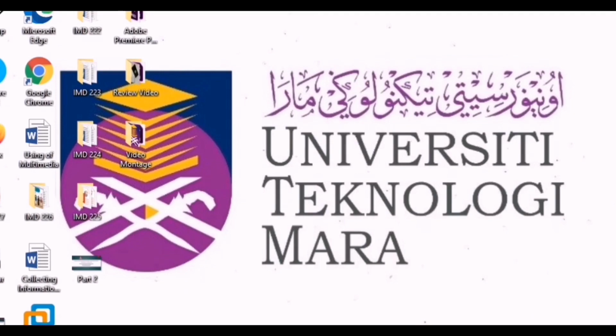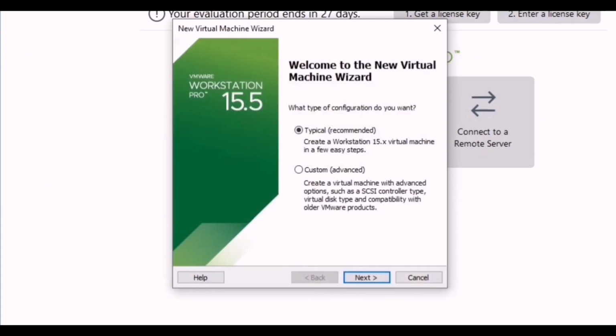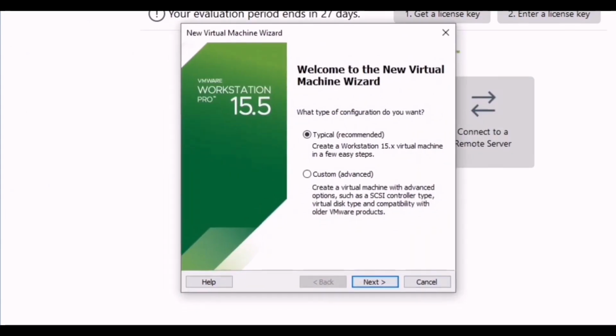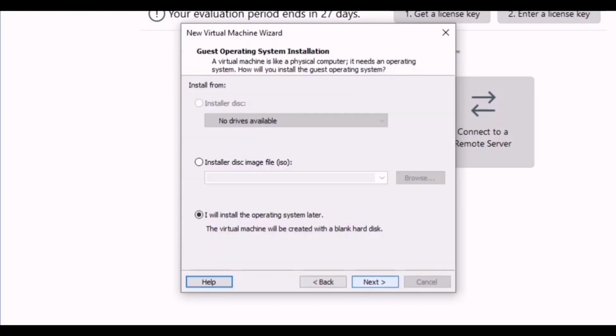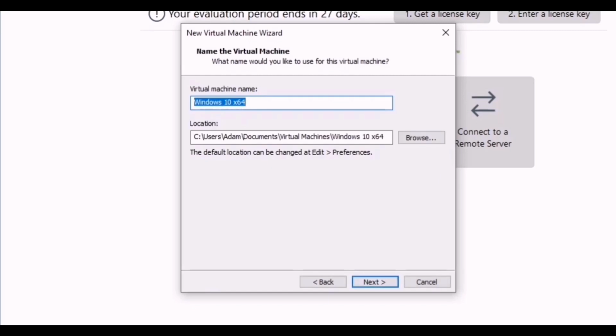Okay, next I will show you how to create a new virtual machine. First click new, create a new virtual machine, and next click next. You click typical, you select the typical recommended, and next you can install the operating system from the installer image file ISO, or I will install the operating system later. Okay, next you choose Microsoft Windows, version Windows 10 x64. Next, okay,